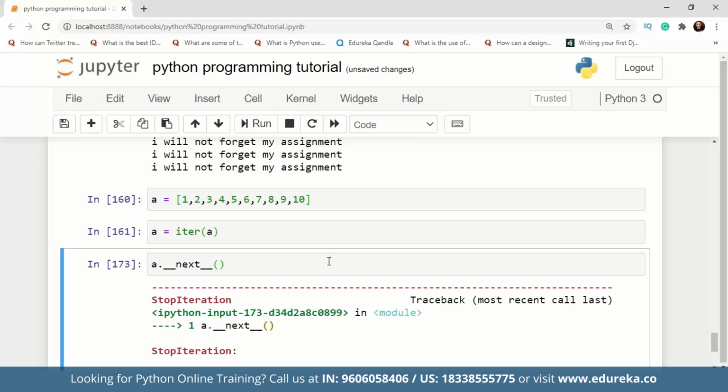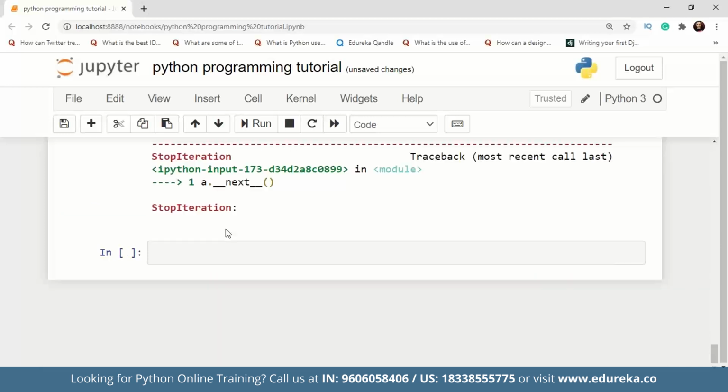Basically, we have iterables which we can convert to an iterator object using the iter method over here, or we can use itertools, which I will discuss now. So what exactly is Python itertools? Itertools is a module that has a lot of functions and tools that can be used to create iterators in Python. There are a few methods that itertools comes with, and let's just talk about how they work.